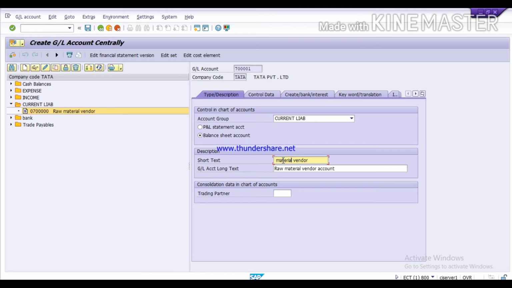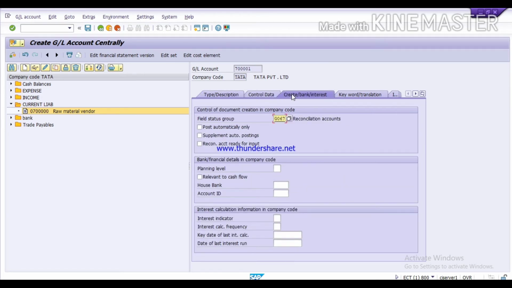In place of raw material, we will just mention service vendor account. Here also we will just change the long text, service vendor account. Now the rest of the settings have been saved, and click on save.